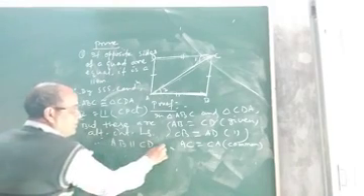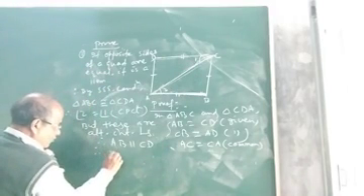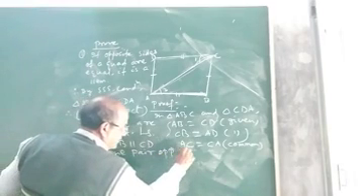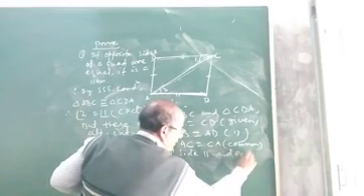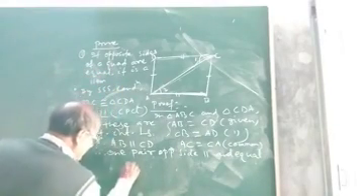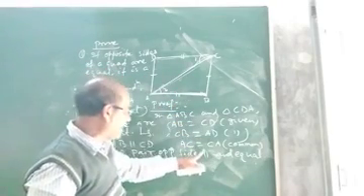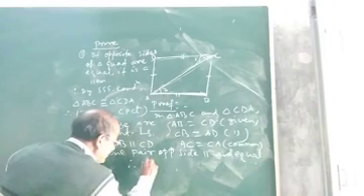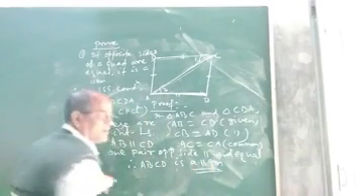So, AB is parallel to CD and we know AB equals CD, it is given. Therefore, one pair of opposite sides are parallel and equal. If one pair of opposite sides of a quadrilateral are equal and parallel, then it is a parallelogram. Therefore, as one pair of opposite sides of this quadrilateral ABCD are parallel and equal, ABCD is a parallelogram. So this is the complete proof.